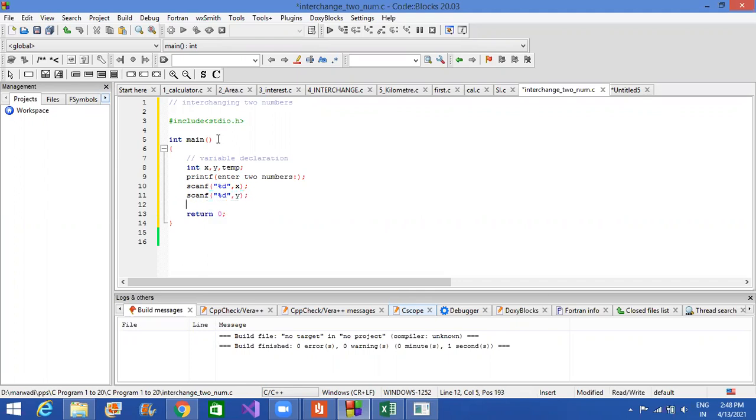I'm getting the input from user, the values of x and y. Now what we are doing is interchanging two numbers using,